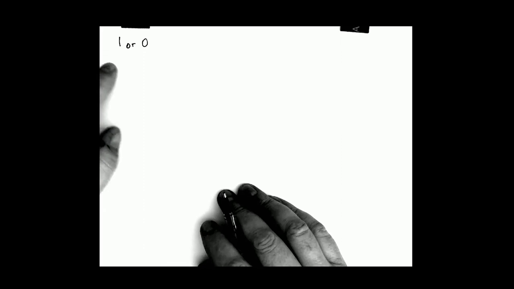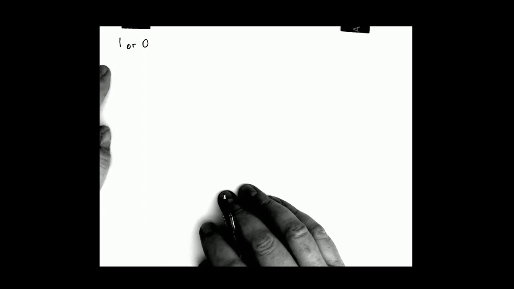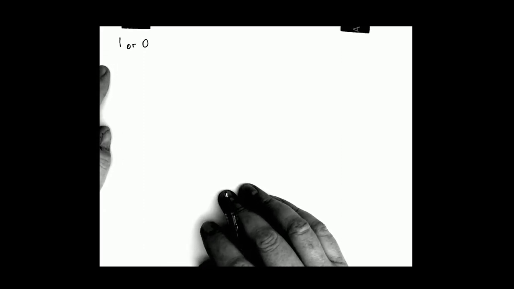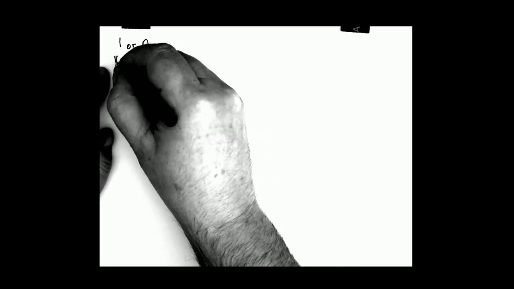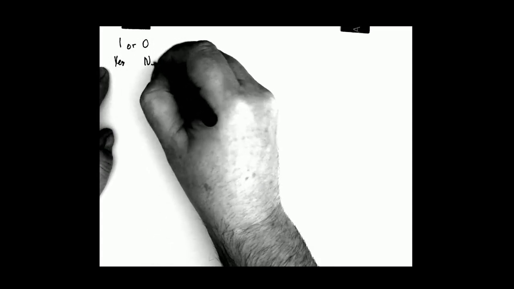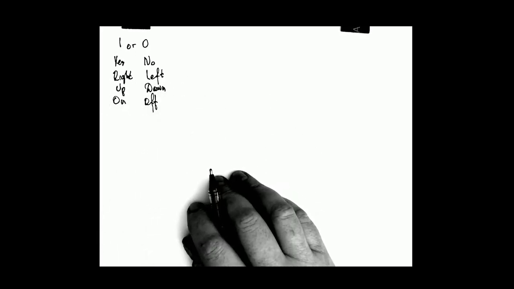Binary digits 1 or 0. Only 1 or 0 because it's associated with yes and no, right and left, and up and down, but most interesting with on and off. Why it's most interesting with on and off? Because, folks, on and off, it's